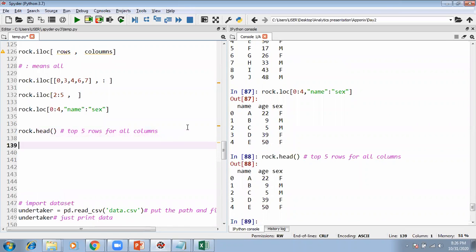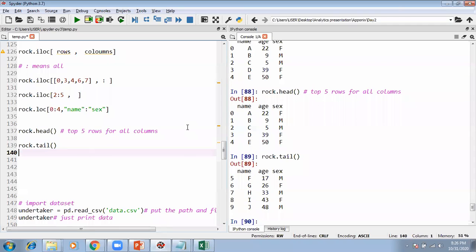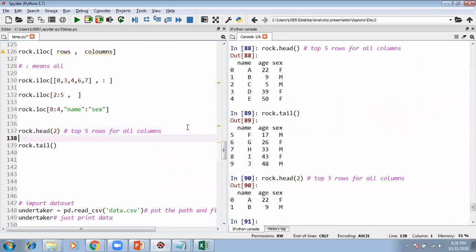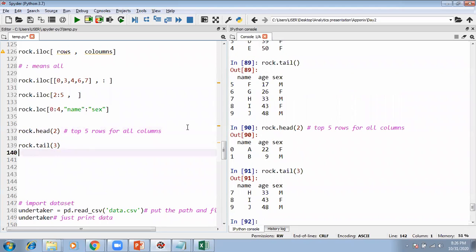Similarly, if I want the bottom 5 rows, I'll have to write rock dot tail. If you don't want the top 5, you want more or less, you can put the number over here, maybe 2. It's going to show you the top 2 rows. You want the bottom 3 rows, just write 3. It's going to show you the bottom 3 rows.